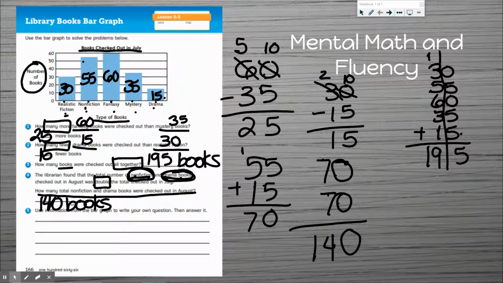All right, so number 5 says, use information in the bar graph to write your own question, then answer it. So something different than what we've said. We used mystery once here. So I think I'm going to use mystery and nonfiction. So I'm just going to say, how many